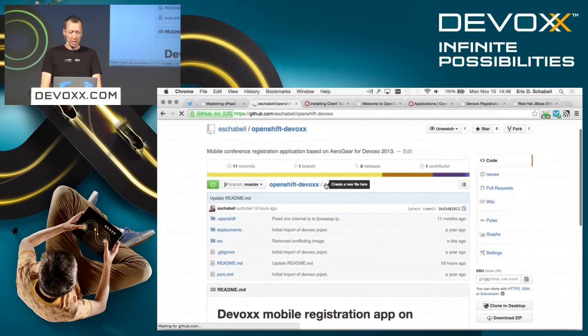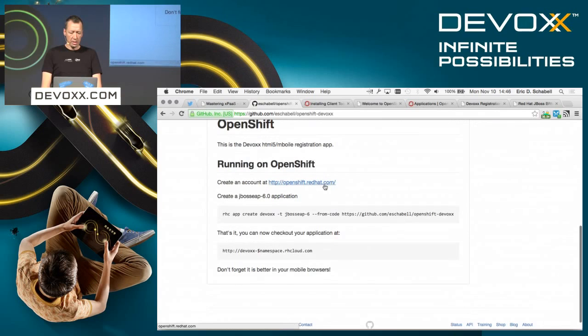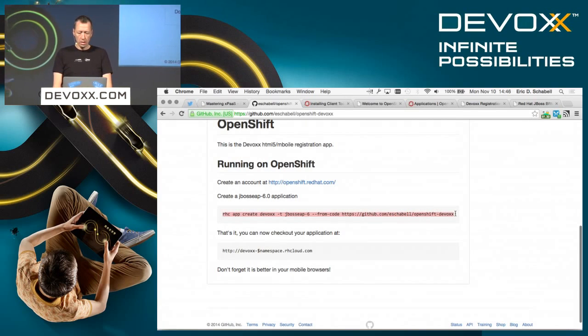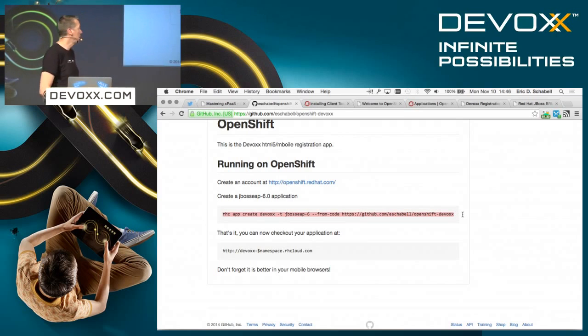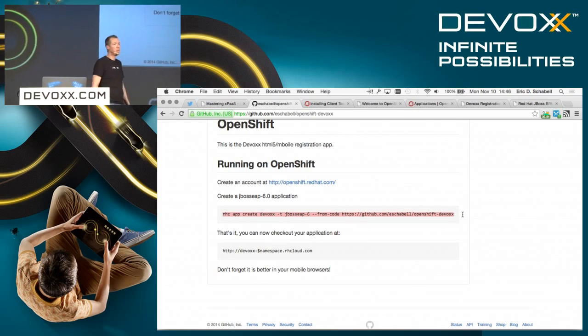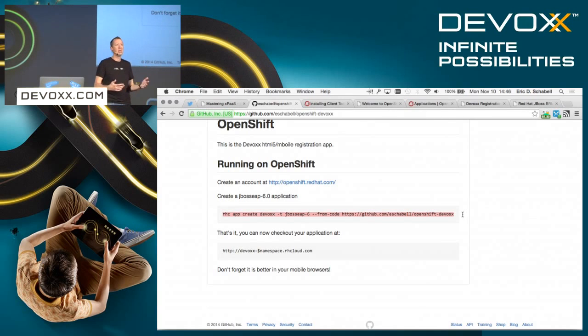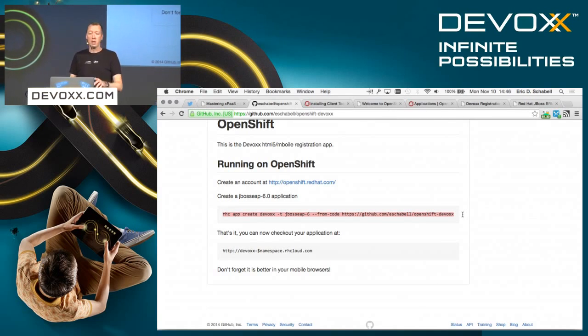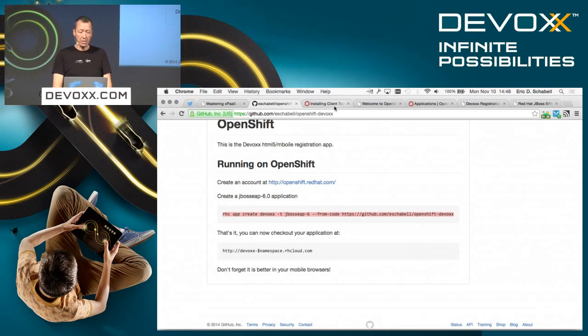But the actual project is hosted here, and you can see here we have a one-liner. And the key word there is the from code. So when you have a repository there, you can use the from code, point to a Git repository, and it'll automatically take care of all that for you, right? When you're in the client tooling,